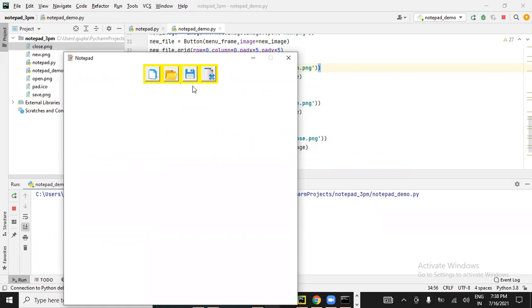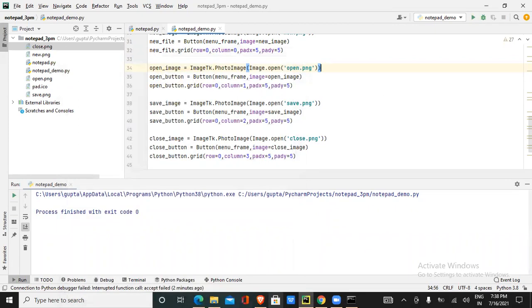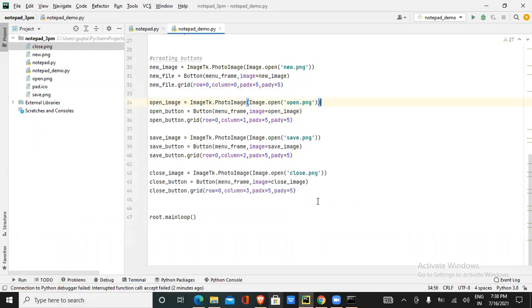No. So now the next thing is creating drop-down boxes. One is for font family, one is for font style, one is for font size. Okay, so how to create it? See here. First, you should declare a list.